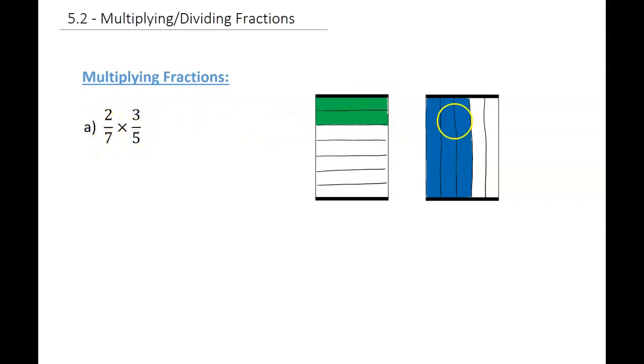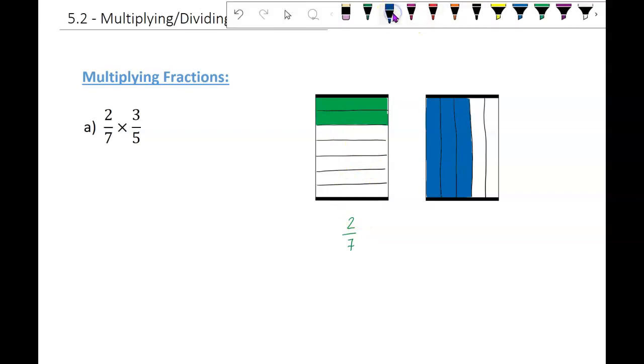We're going to use rectangles and visualize that we have two identical rectangles, one to represent 2 out of 7 of the rectangle being highlighted, versus if we had 3 out of 5 of that rectangle highlighted. So now, to have a better understanding of these two